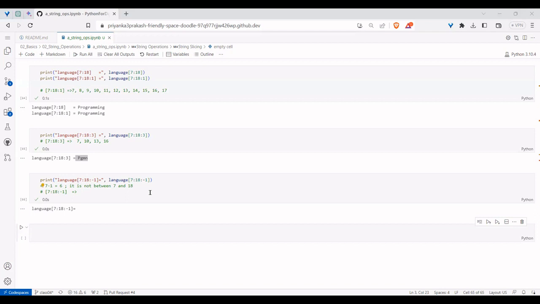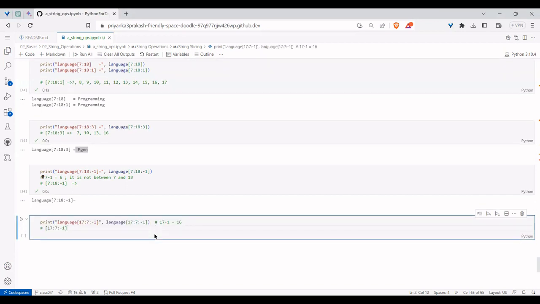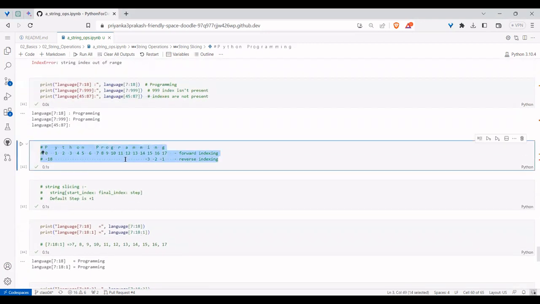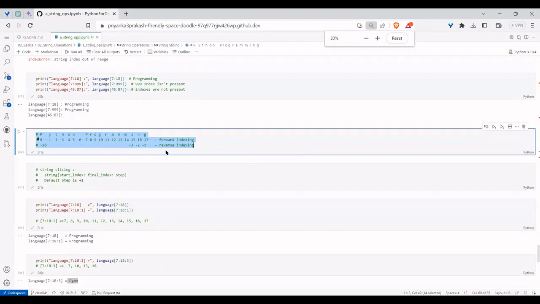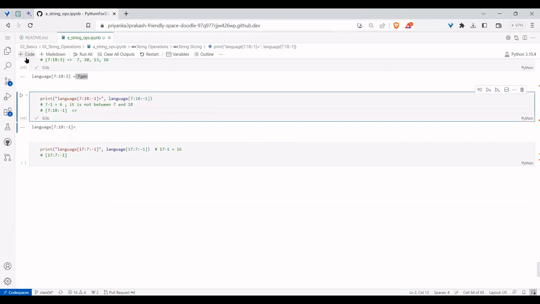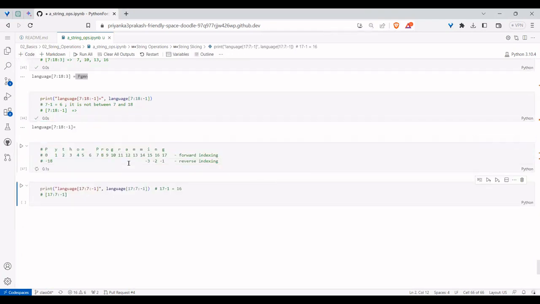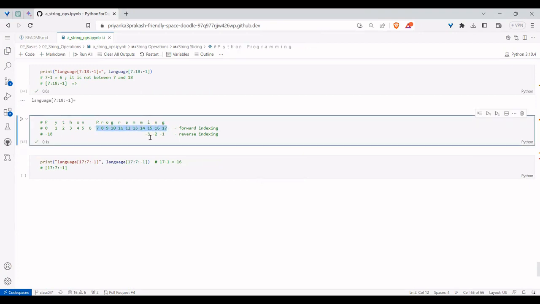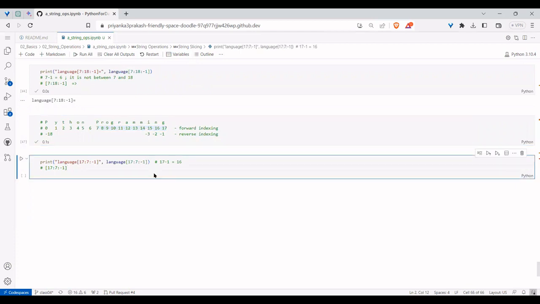In the same lines, one more thing is going to happen when you are working in a reverse direction. What if I wrote something like this? 17 to 7 with a step of -1. If I take back these things for better understanding, you will not understand if I make it big. So you see here, from 17 you are going till 7 with a step of -1. Now this is valid. This is possible. You get the characters from it.